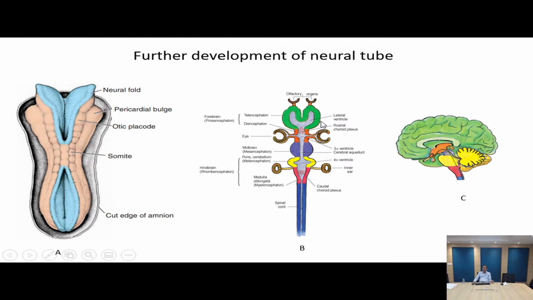So this is the diencephalon, and you can see that from the diencephalon, the second cranial nerve is coming out. That is the optic nerve, and from the telencephalon, the first cranial nerve is coming out. That is the olfactory, and then we have the mesencephalon, from where the midbrain has formed. Here is the midbrain. So this is the telencephalon, this is the diencephalon over here, and then this is the midbrain part over here, and then this is the rhombencephalon. The rhombencephalon is further divided into two parts. One is the